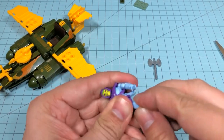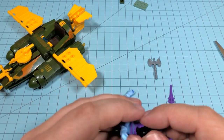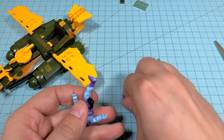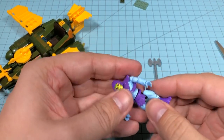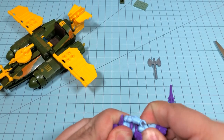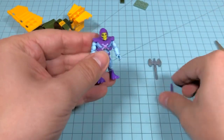His legs. Dang. Come on. Those legs are really wobbly on there. Oh, okay, come on. Okay. All right, so we got